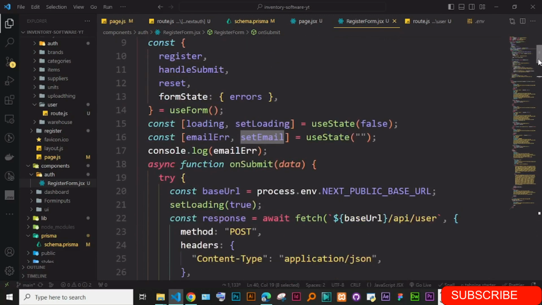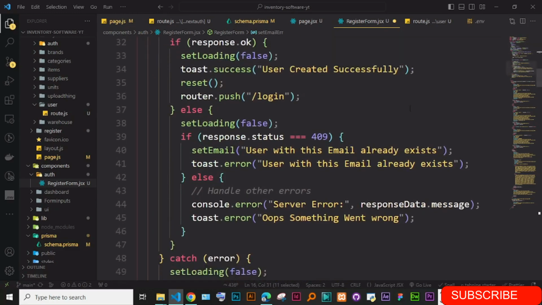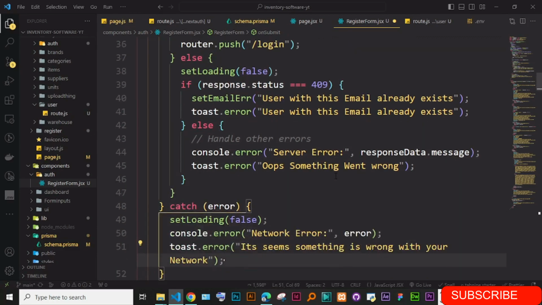I think we have this email and set email, and this is the error that is going to show for the email, and this should be like set email error. Just to be on the right side, just come here and use this. So set email error to user with this email already exists, and then we also don't stop there. We also give them the toast user with this email already exists. Okay,